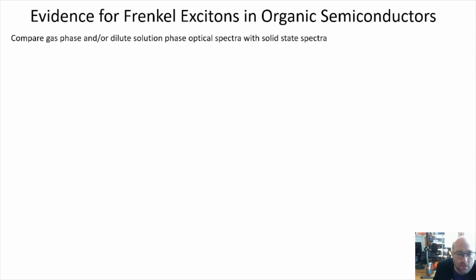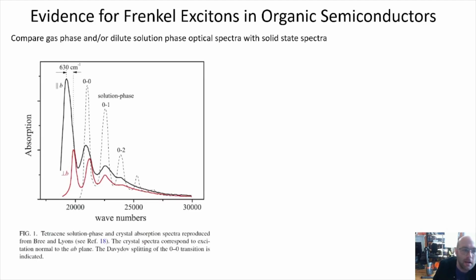So how do we know that there is such a thing as a Frenkel exciton or a molecular exciton? The way we do it is we compare gas phase or dilute solution phase optical spectra with solid state spectra, right? The idea here is that if you've got a molecule in the gas phase or in a very dilute solution,